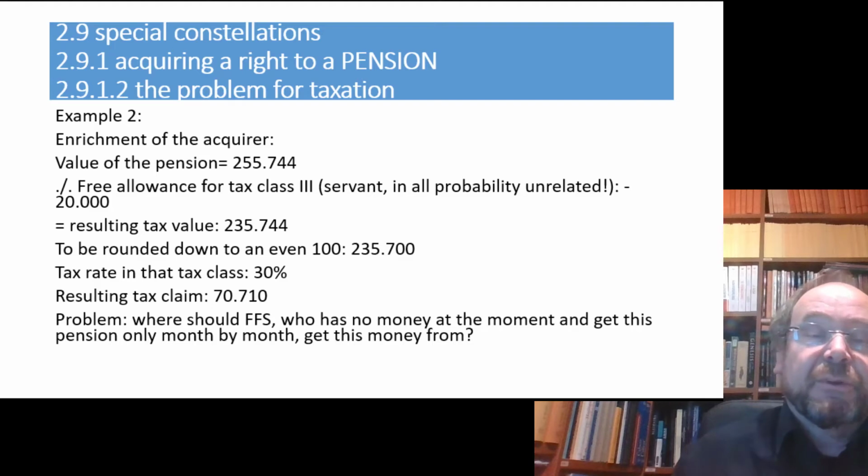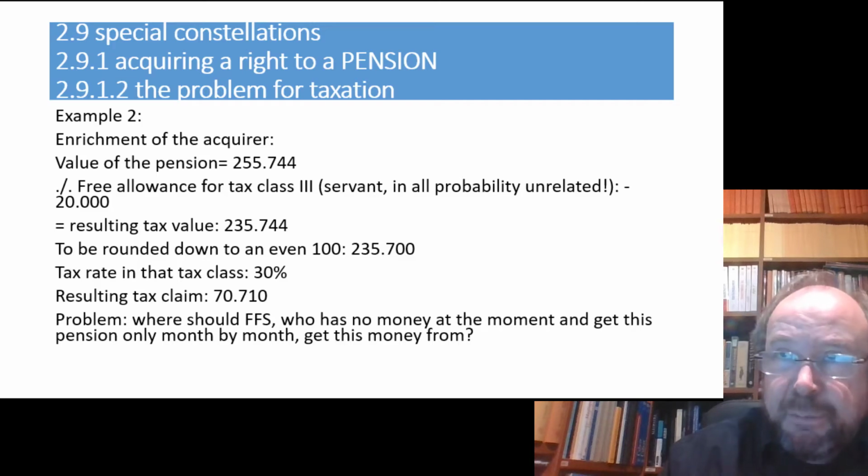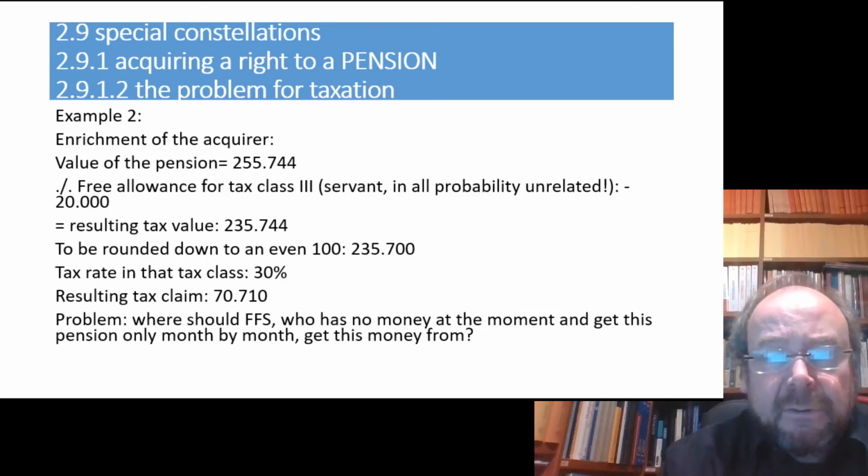The same with example 2. The acquirer is enriched by a pension grant having a value of 255,744. The free allowance is that of tax class 3 because it's highly probable that the servant was not a member of the family. So 235,744 remain. You have to round down again, 235,700. The tax rate in tax class 3 would be 30%. That's approximately 70,710. That is now the tax notice which FFS gets, and probably when he reads it,